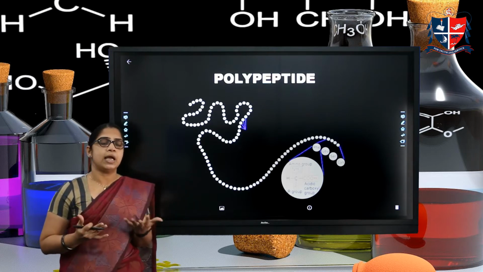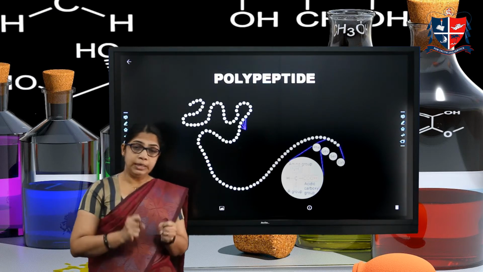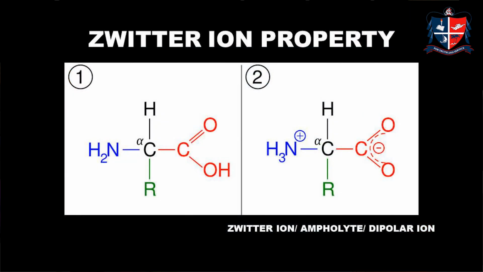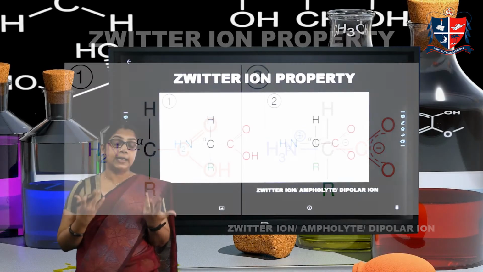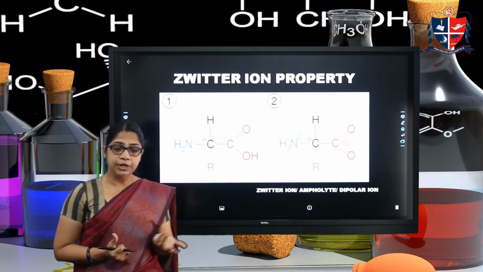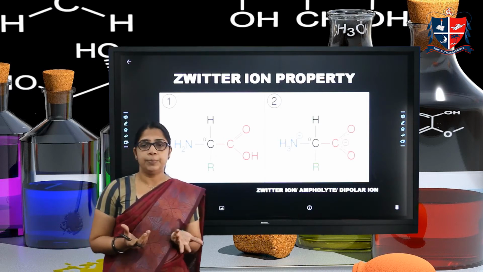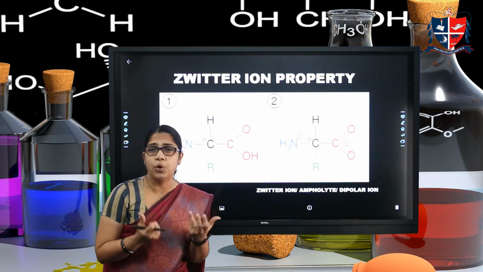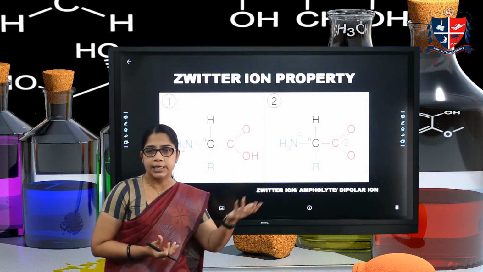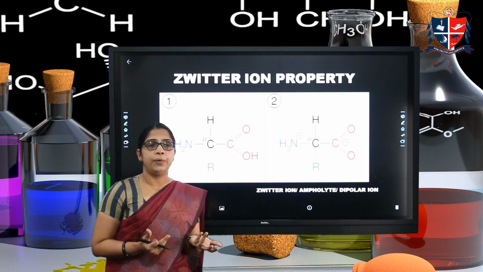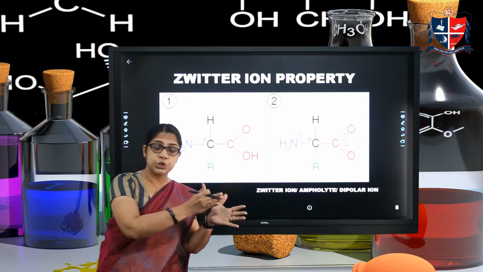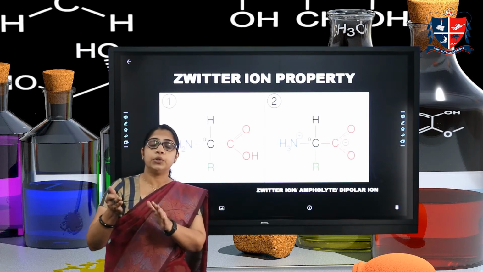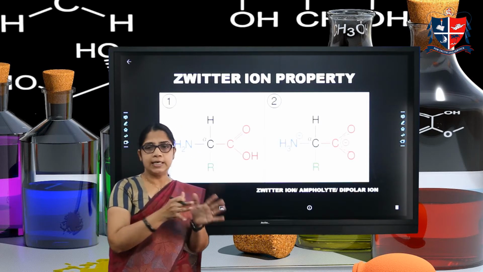So why are we studying amino acids? Because amino acids are the building blocks, or the building units, of proteins. Then what are the important characteristic properties of amino acids? There are physical properties and chemical properties. Physical properties include dipole moment, melting point in the solid state, optical activity, etc. About their chemical properties, these amino acids include both NH2 group and COOH group, so they can undergo the reactions of the amino group and also the reactions of the COOH group. So these are the physical and chemical properties.